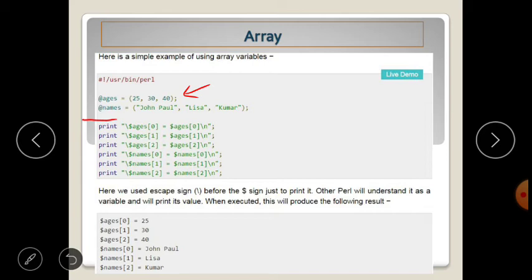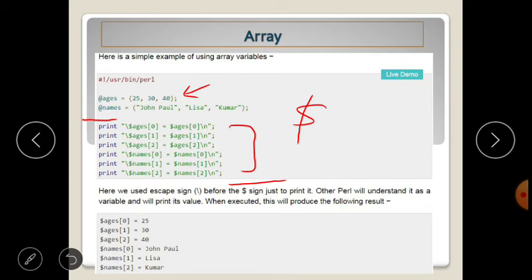When we want to print a single element of the array, we use the $ sign with the array, like in these statements, print "$ages[0] = \$ages[0]". Here we used the escape sign \ before the $ sign just to print it.